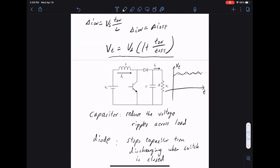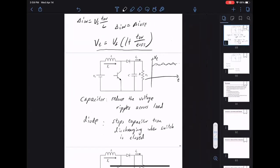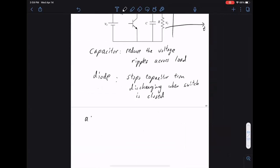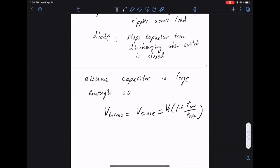All right. Okay. So here, based on these, our assumptions will be the following. We assume the capacitor is large enough. So the RMS voltage will be equal to the average voltage, which is equal to Vs over 1 plus T on over T off. Right, so we still want to talk about RMS,